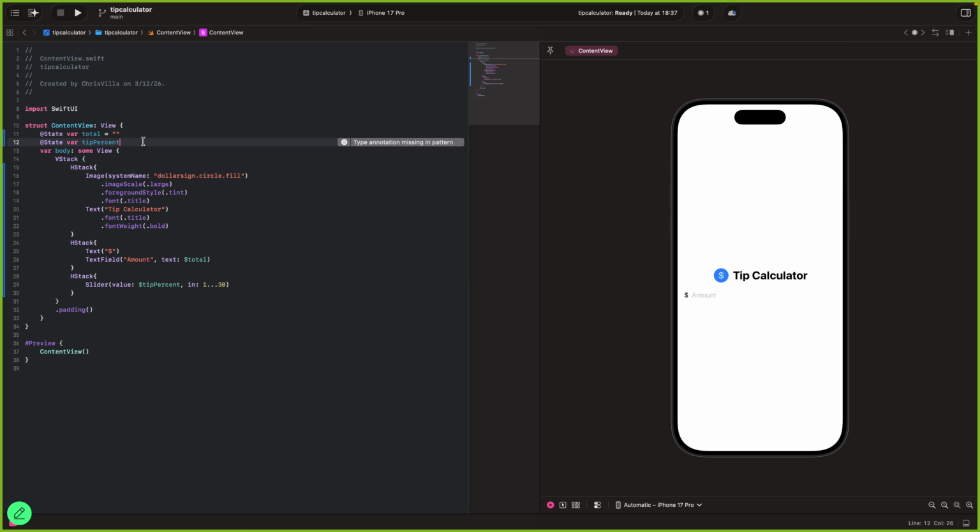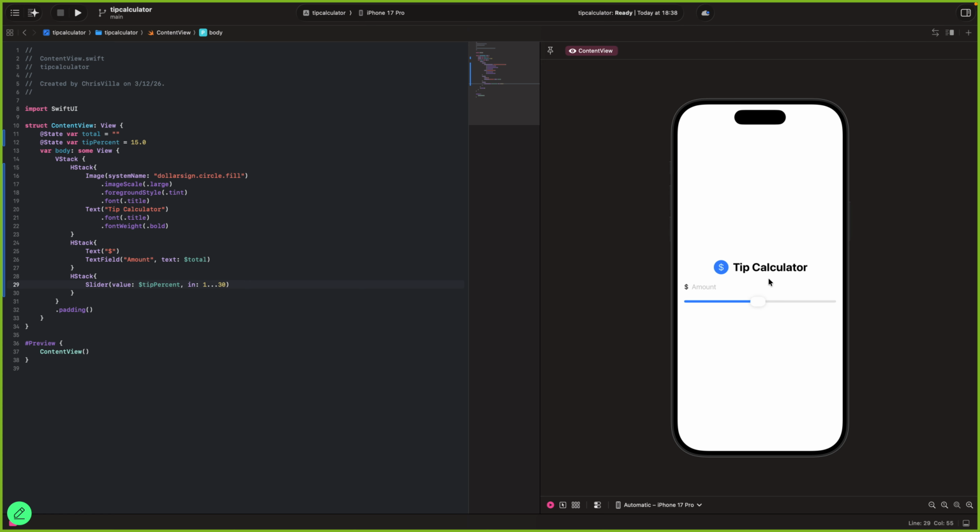Oh, yeah, there you go. We're gonna initialize 10% to 15.0, which is gonna be the standard amount, and then the user is gonna be able to edit that. Now we're waiting for the content view to load the slider. It wasn't loading before because it had errors, but now that it's error free, it should be able to show up. Let's just wait until it loads, and I'm gonna show you how it works.